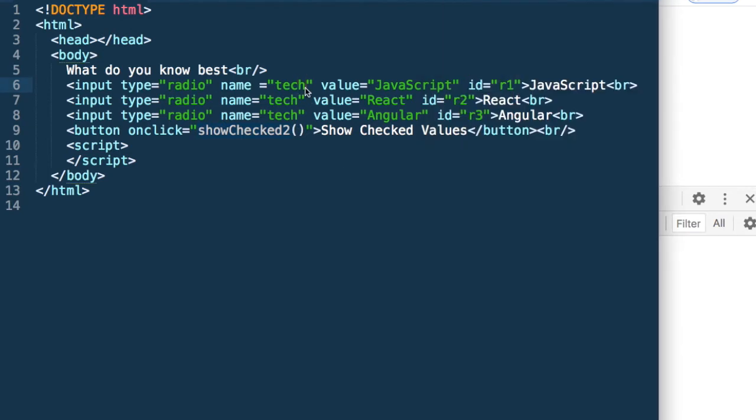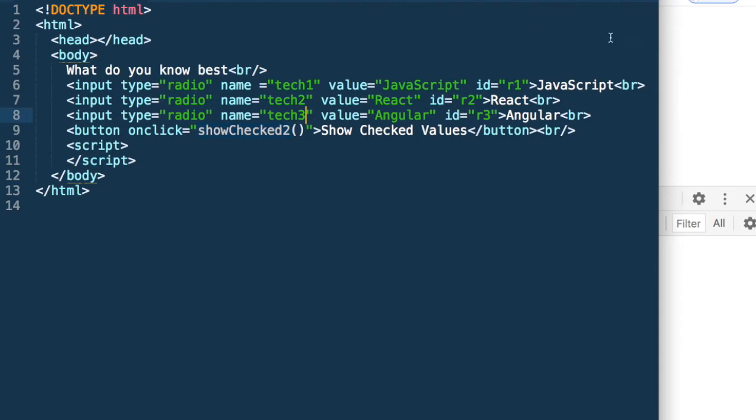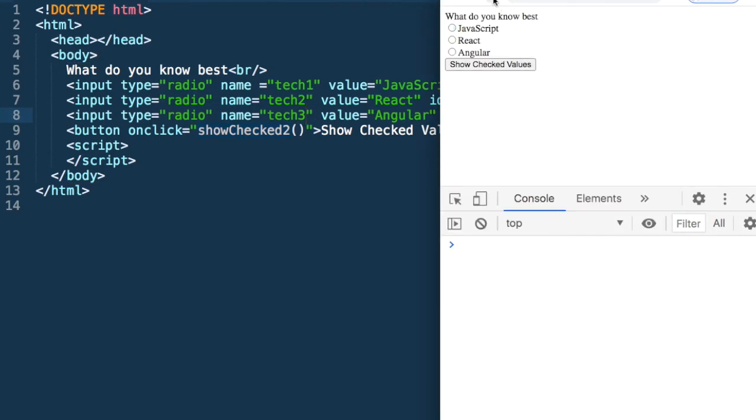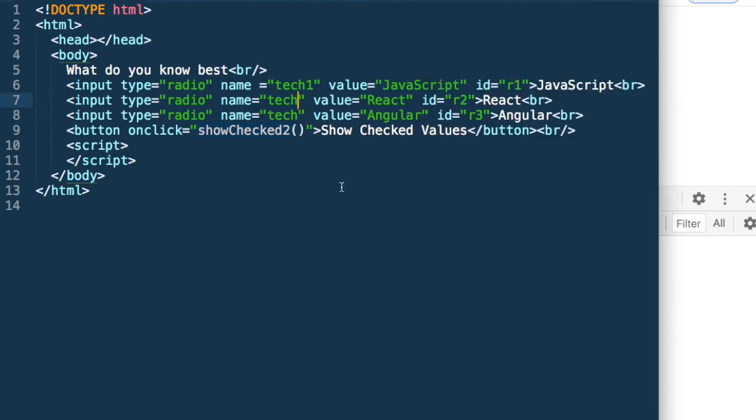If I make these names different, so now the names of all the 3 are different, you can see I can select all of them. So making them the same name is what gives them this radio behavior. There is a value, and we will see about the value, and there is an ID. So these are the structures of a radio.